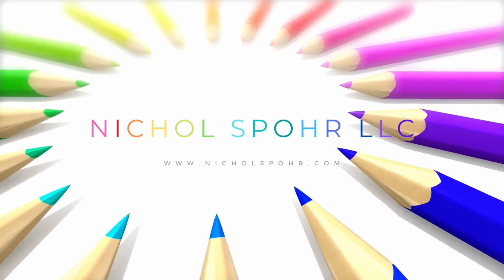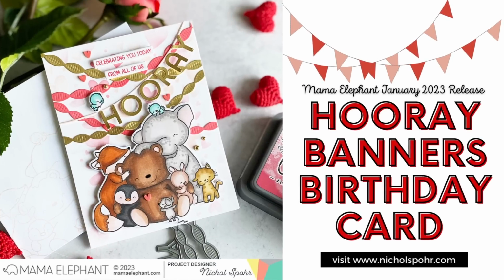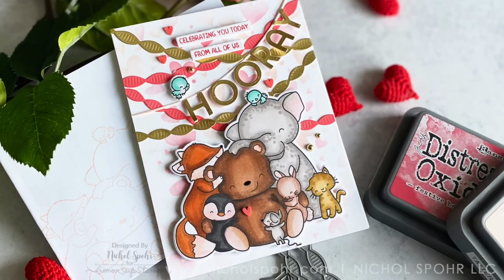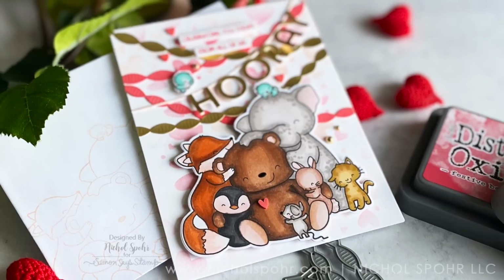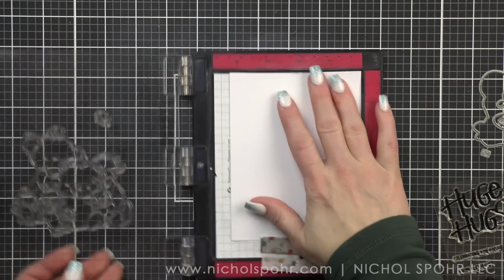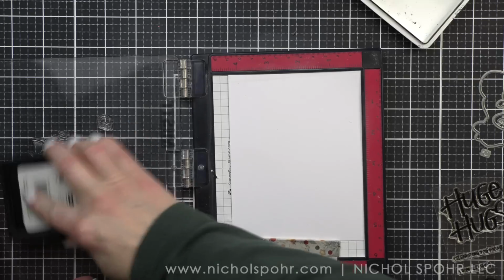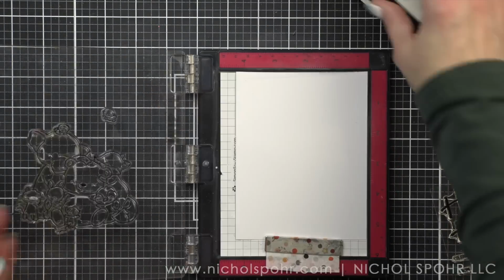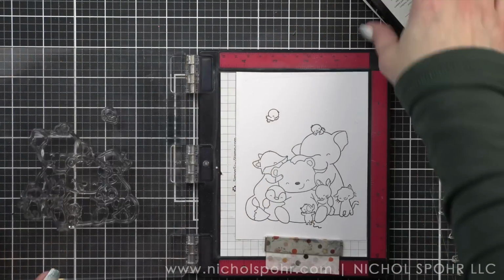We are going to be creating this Hooray banners card. I'm calling it a birthday card, but it could be a celebration card for anything using brand new products from the January 2023 release from Mama Elephant. As always, Mama Elephant brings us amazing new products, and I am using the Group Hug image for my card